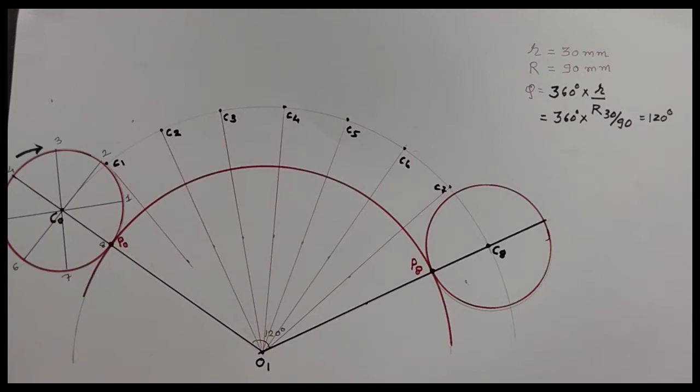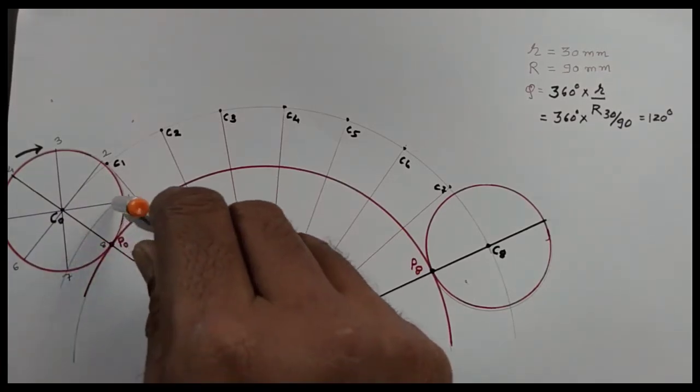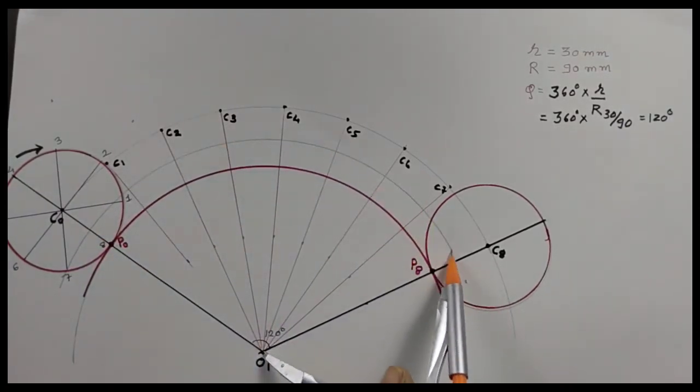Then, as in a similar process we follow here, in our cycloid we draw the horizontal line from all the points marked on the rolling circle. Here our path is circular, so I keep O1 as the center and draw a circle parallel to my directing circle, and it passes through 7 and 1. So this is our first circle, which passes through 7 and 1.